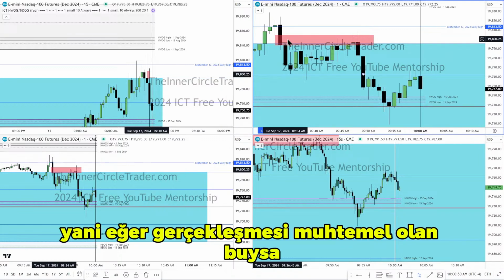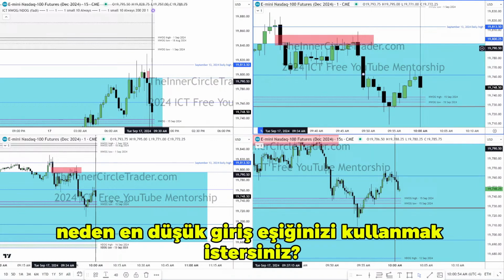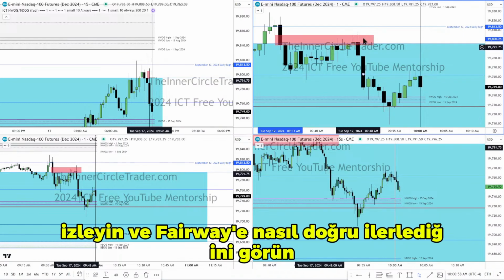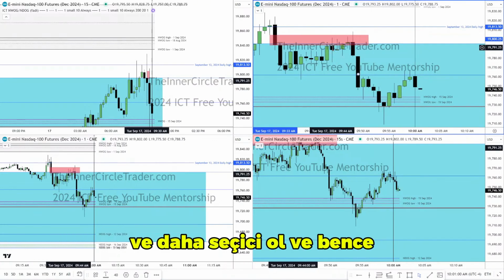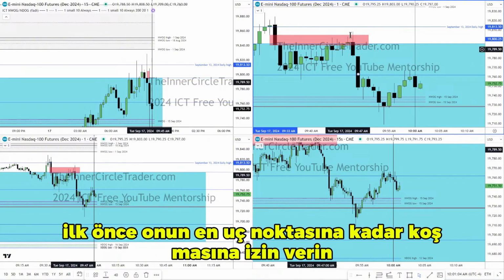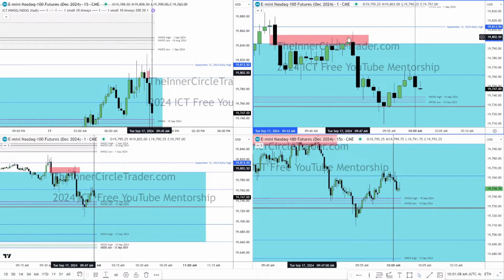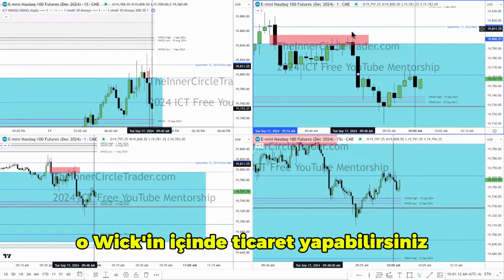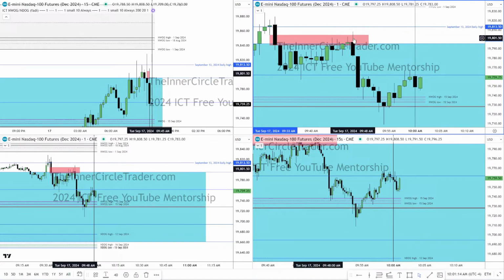So if that's what is likely to occur, why would you want to use your lowest entry threshold? Watch and see how it trades up into the fair value gap and be more selective. And in my opinion, allow it to first run to the extreme of it because it might want to do that. And then once it creates the Mohawk, you can trade inside that wick that created that,